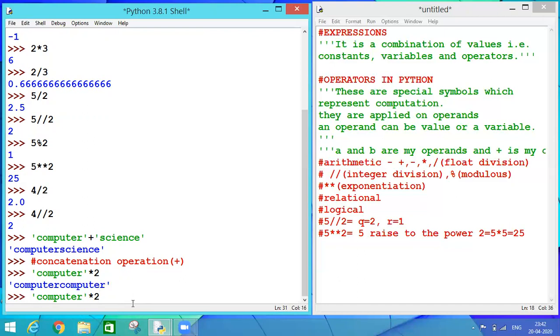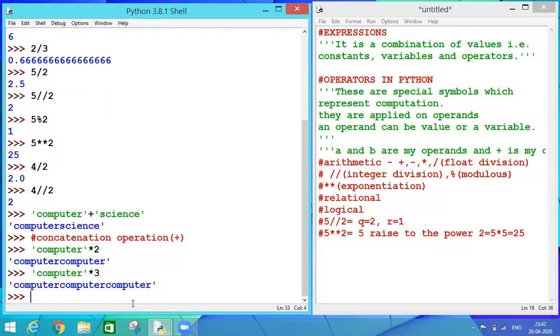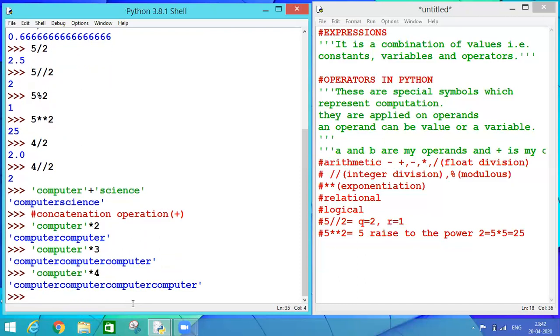Let's repeat it again. If I multiply the same word by 3, so what will happen? It will appear thrice. If I multiply the number by 4, it will appear 4 times. And this operation is known as replicating a string. So what is happening over here?